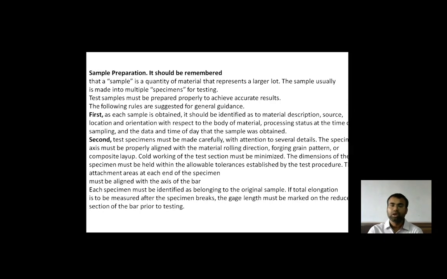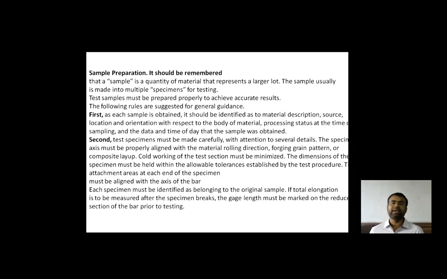That is called the hot rolling. कोल्ड रोलिंग में क्या है कि जो लोहा है वो एज इट इज नॉर्मल रूम टेम्परेचर पे रहेगा और उसको बीट करके, हैमर से प्रेस करके, रोलर में डाल के उसको प्रोसेस करते हैं, बनाते हैं। So that is the main thing which is identified, that is the hot working and the cold working of the test section, that must be minimized। क्योंकि कोल्ड वर्किंग में क्रैक होने के चांसेस बहुत ज़्यादा होते हैं मटेरियल के। सो वो डिपेंड करता है किस मटेरियल के ऊपर वो काम होता है।